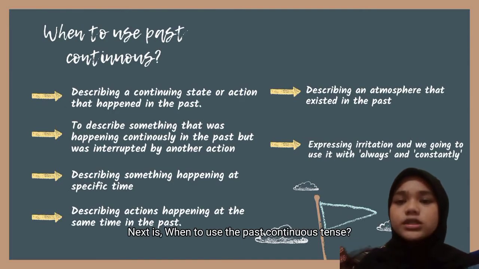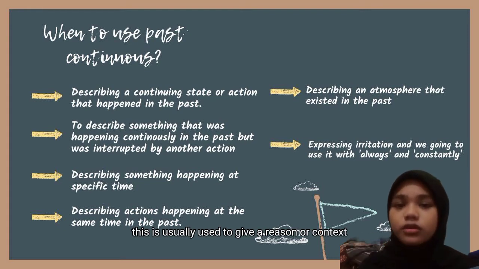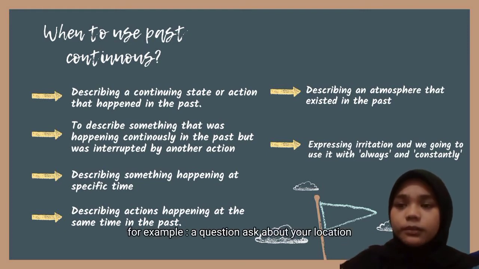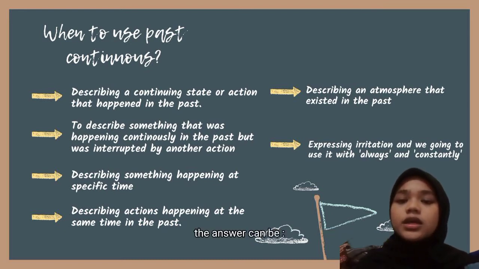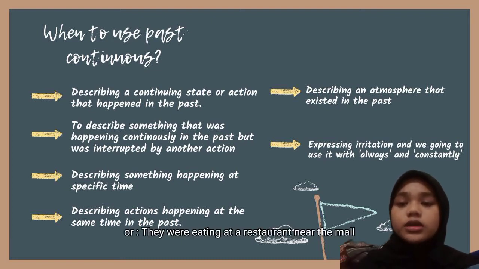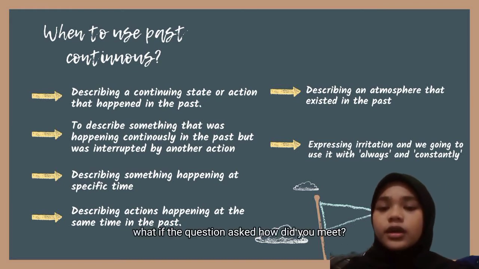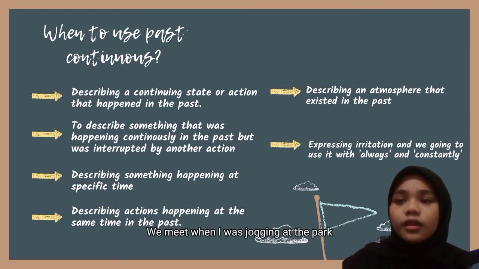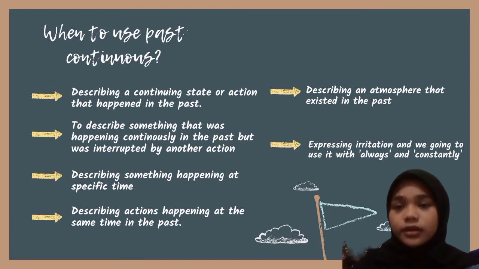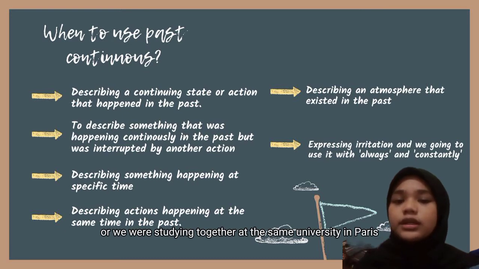Next is when to use the past continuous tense. First, when we are describing a continuing state or action that happened in the past. This can be used to give a reason or context for a question. For example, if a question asks about the location, the answer can be, he was visiting his family in London, or they were eating in a restaurant near the mall. What if the question asks, how did you meet? You can answer, we met when I was jogging at the park, or we were studying together at the same